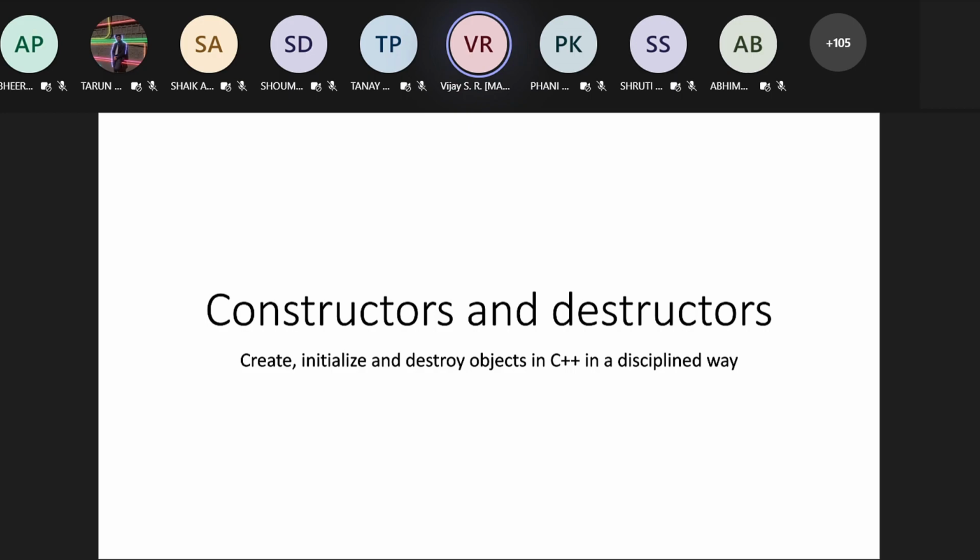As the name says, create, initialize and destroy. You can compare this to Brahma, Vishnu and Maheshwara: creation is Brahma, sustenance is Vishnu, and Maheshwara destroys. So this is like Brahma, Vishnu, Maheshwara for your objects.